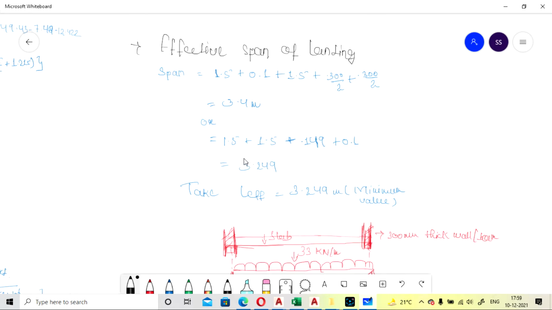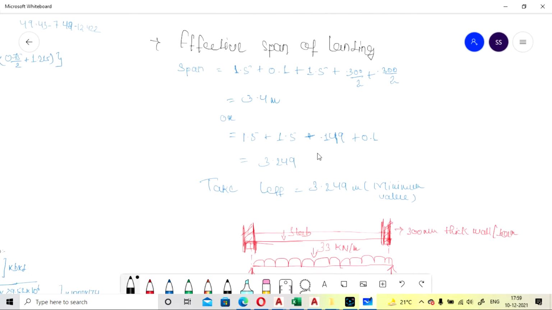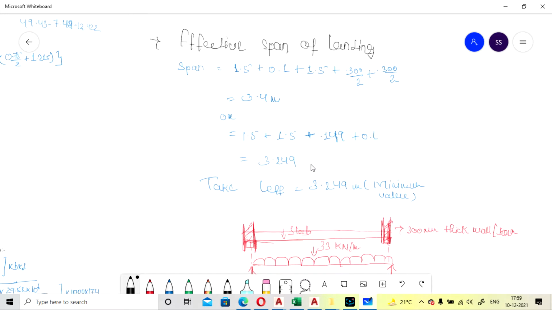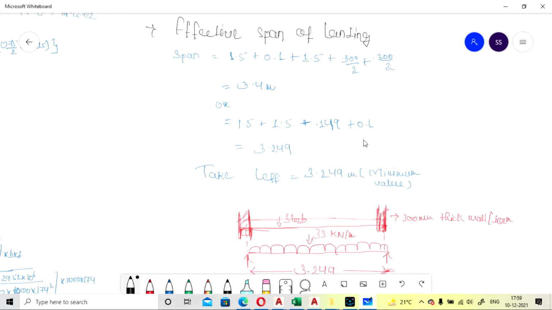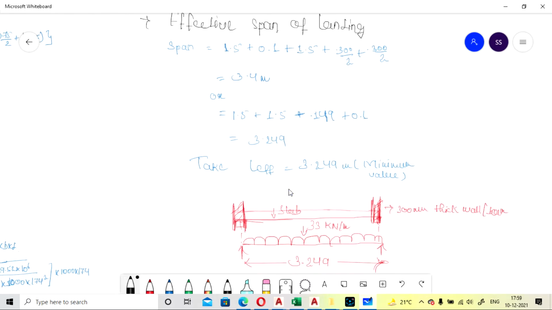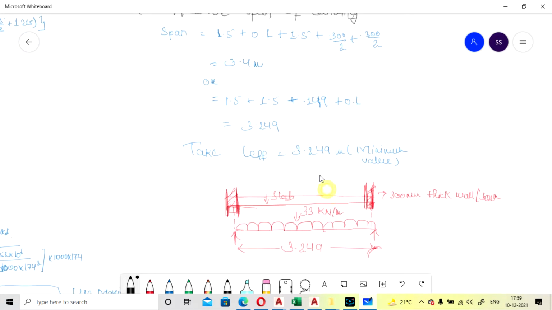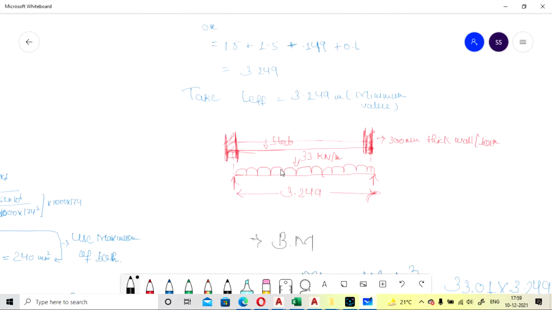Because we have already considered the total thickness of the base slab, you can also go with this, plus 0.1 as the landing gap, so it will come as 3.245. We have to consider the lesser value, so we take the effective length of the landing as 3.249 meter.